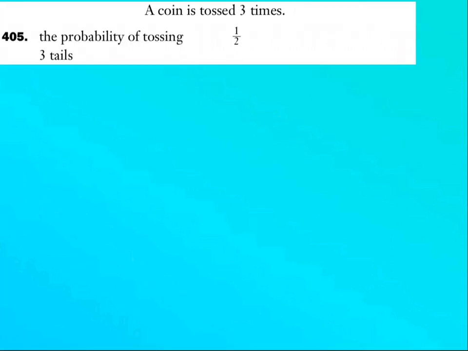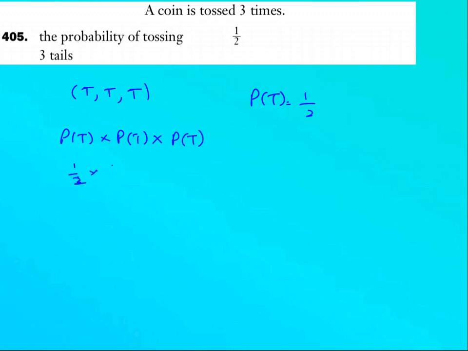Now this is the last part. What we have here is the probability of tossing 3 tails. Now 3 tails is basically tail, tail, tail. Now we know that on every trial, probability of getting a tail is half. On every trial, it's either a head or a tail, both equally likely. So it's half for heads and half for tail. So if you're saying it's tail, tail, and tail, it's actually probability of tail for the first one, tail on the second, and tail on the third. That's basically half into half into half, and that is 1 by 8.